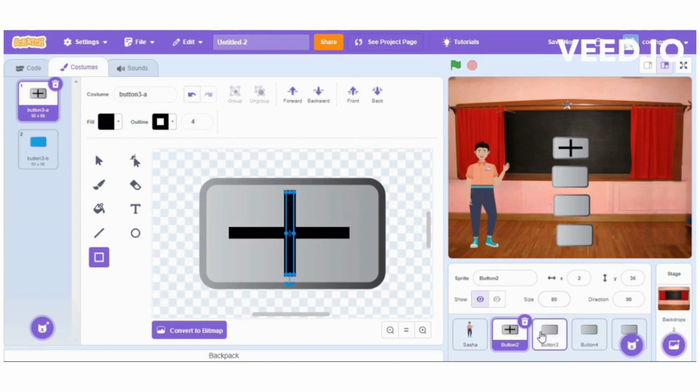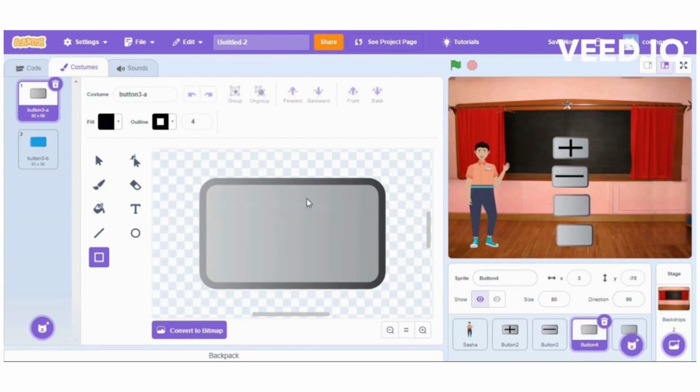So it will look as the addition button. For subtraction just adding horizontal line. For multiplication just using single line. You can increase the thickness of this line. Right now I have not increased, but